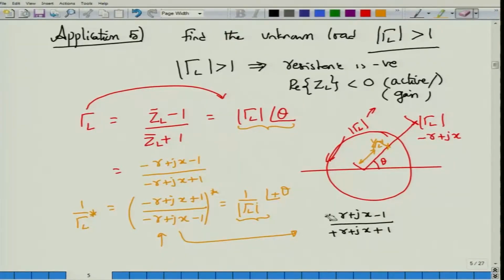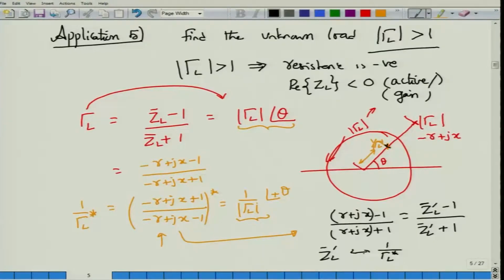So, let me also remove this plus here, understanding that R is always positive here because we have already done that here. But what is this quantity? If I put brackets around, you will be able to easily recognize what this quantity is. This is simply nothing but some impedance normalized, right, some ZL bar prime minus 1 divided by ZL bar prime plus 1. So, here what we have is a correspondence of some ZL prime with 1 by gamma L complex conjugate, right.